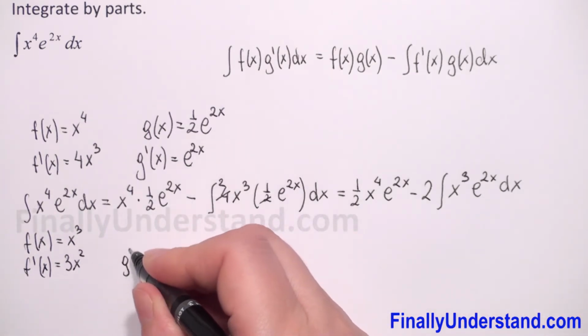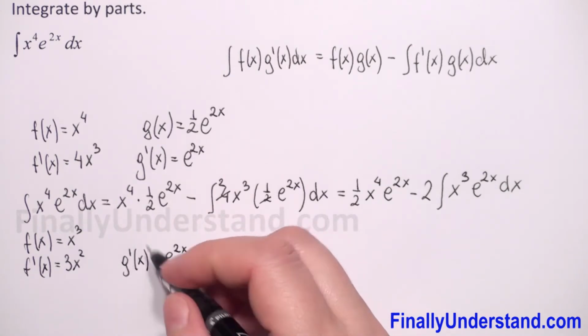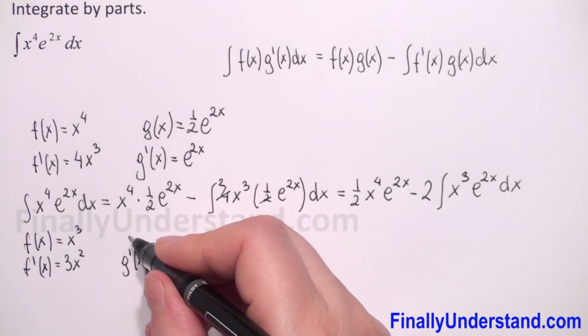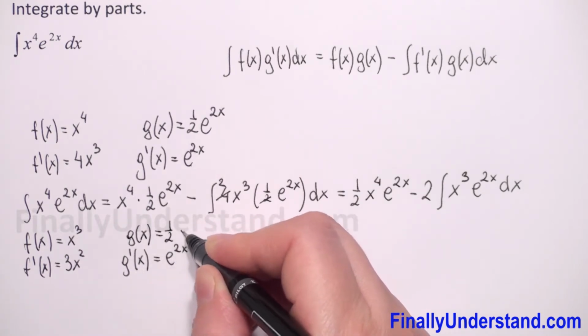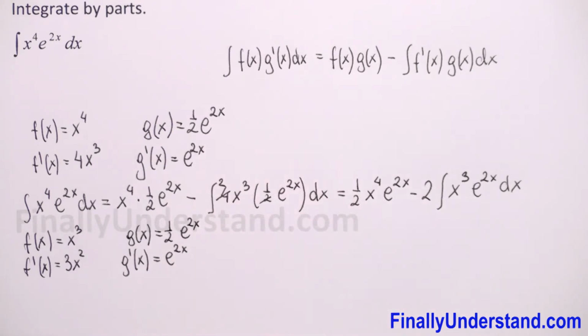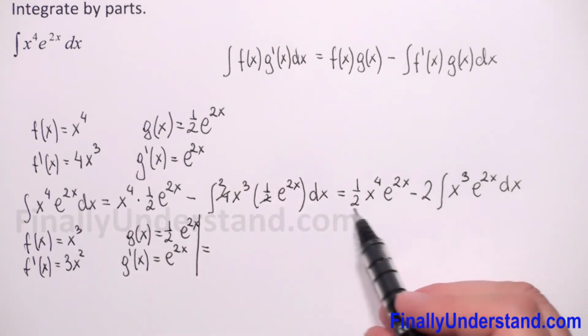So our g prime must be equal to e to the power 2x. The antiderivative of e to the power 2x is equal to 1 over 2 e to the power 2x. So now we can rewrite our